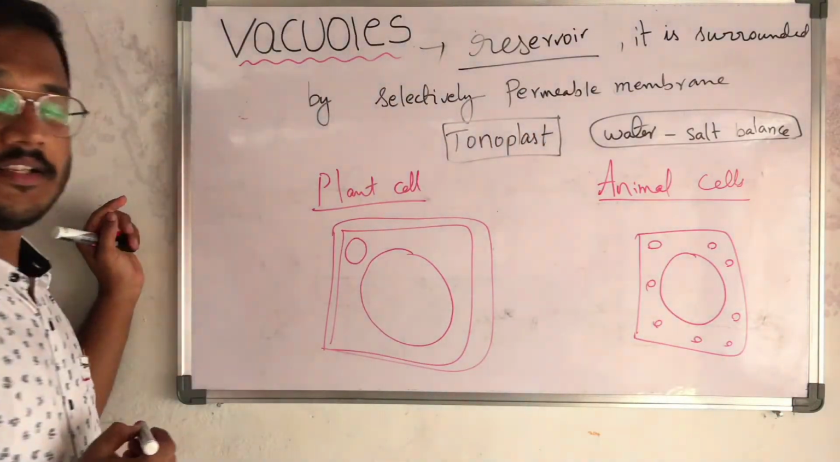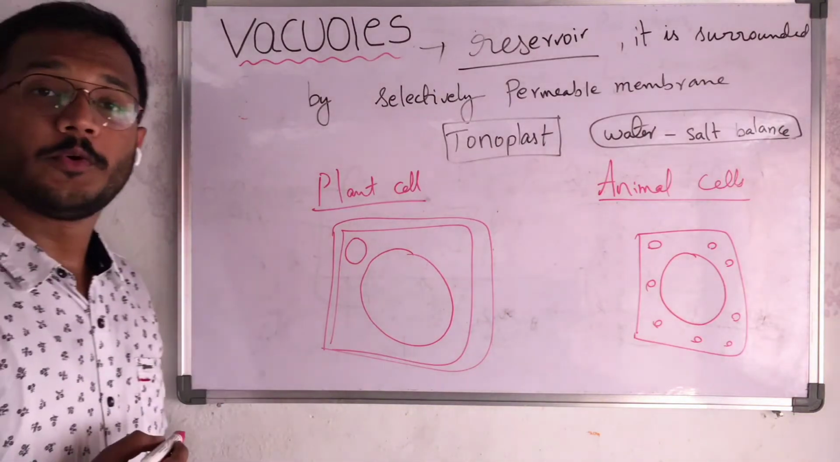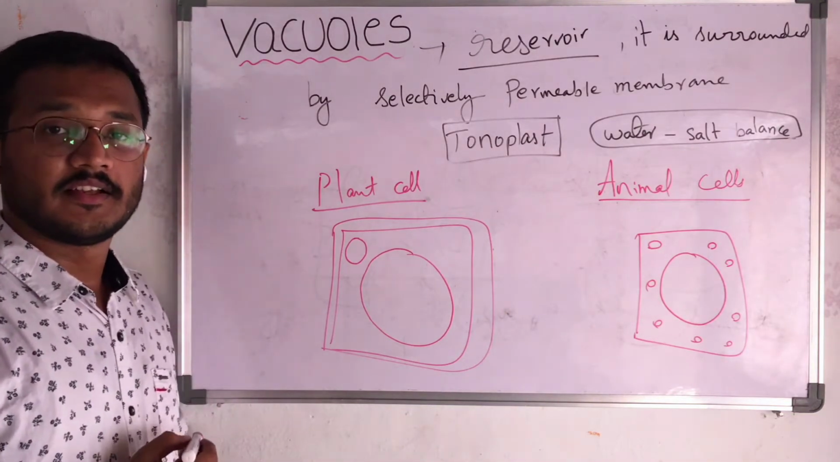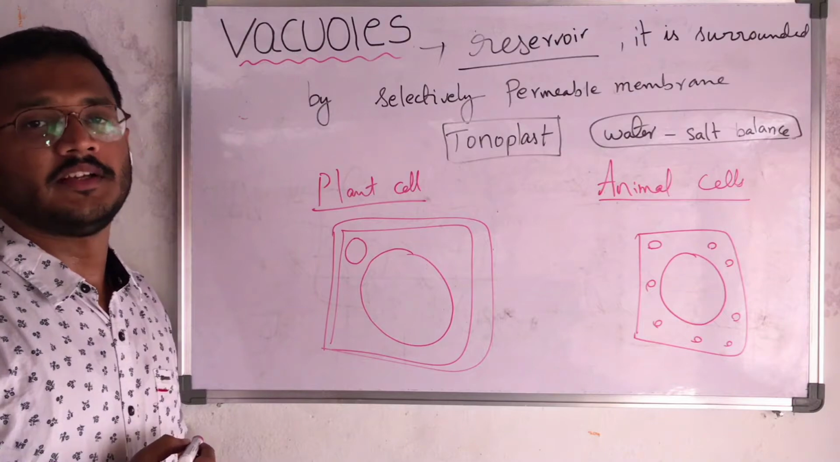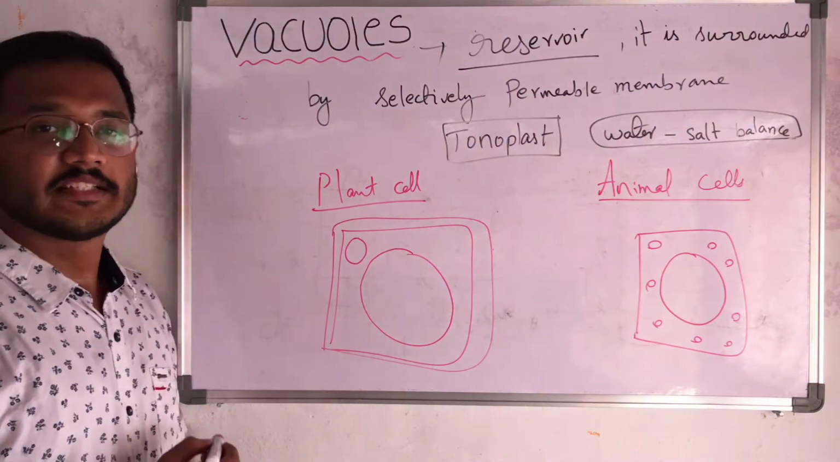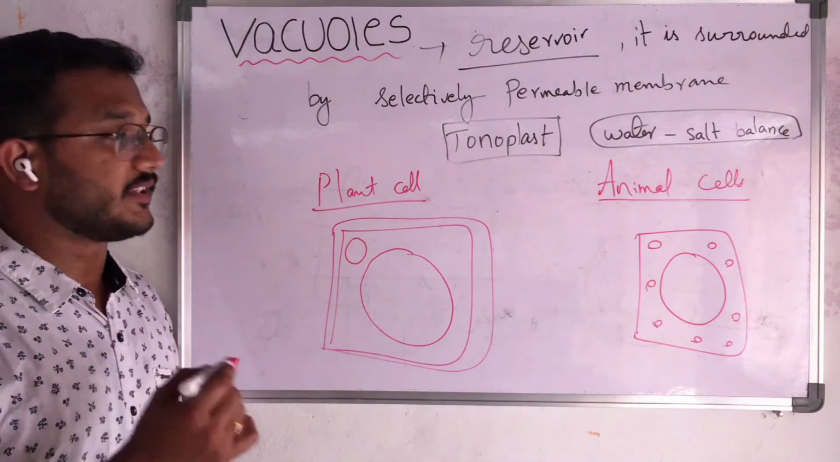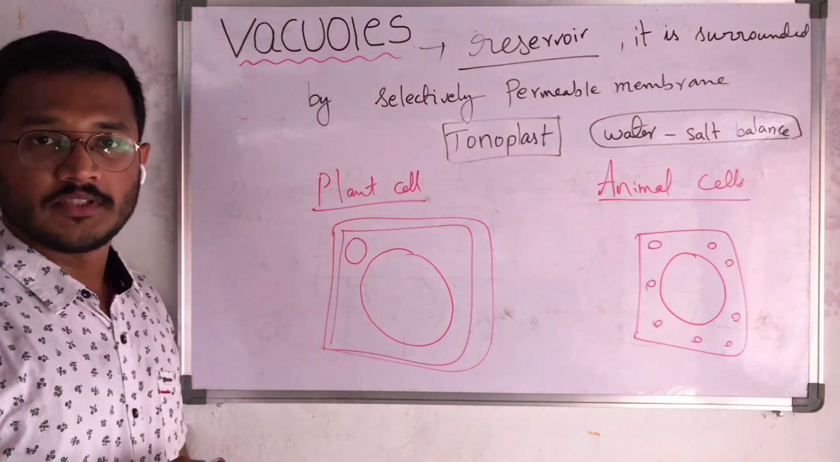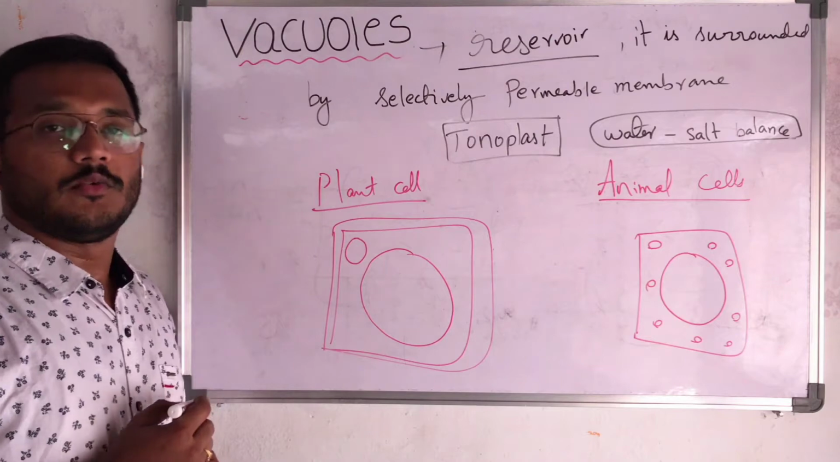And in a plant cell there is only one vacuole, and it is very large in size and occupies the major portion of the plant cell. Okay, now this is about the structure of the plant vacuole and animal vacuoles. And now regarding function,